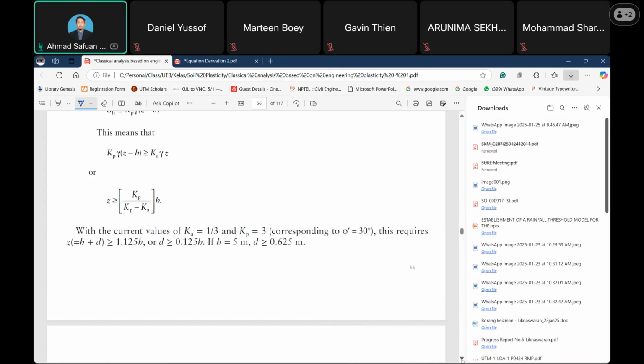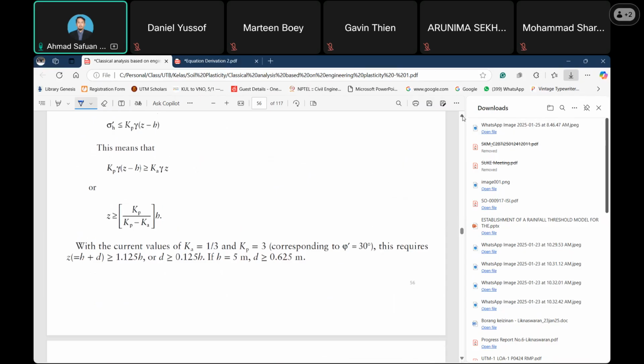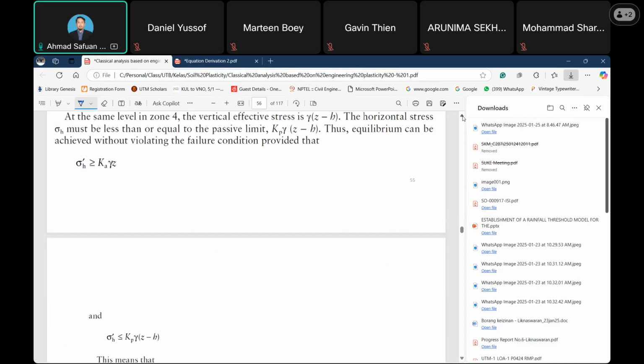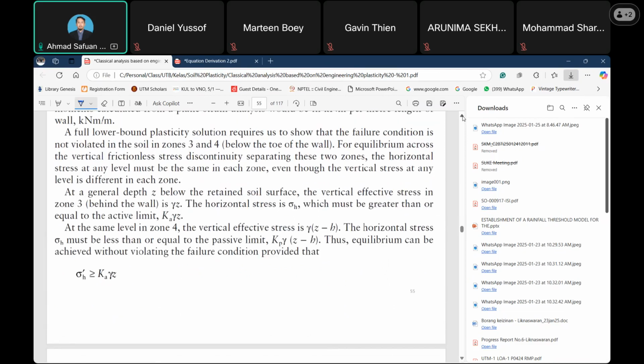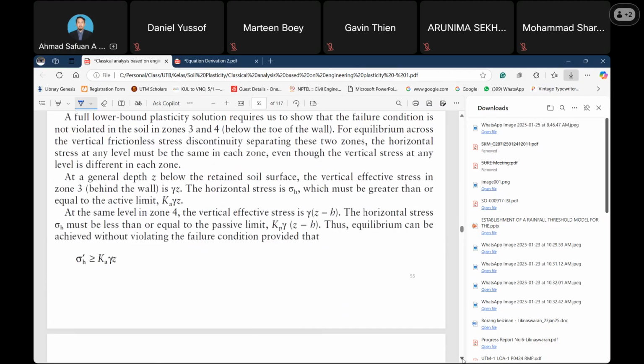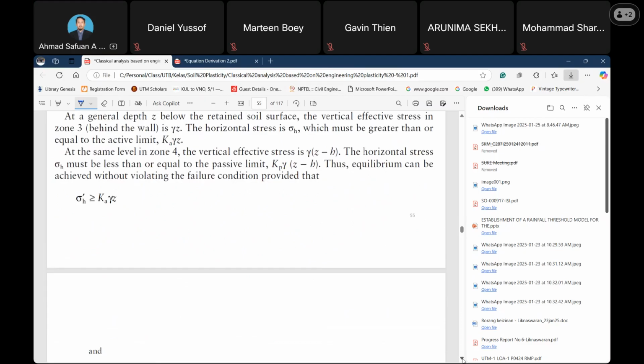And what is the minimum for the D, which is considered as the lower bound. The lower bound, we assume that, based on the conditions